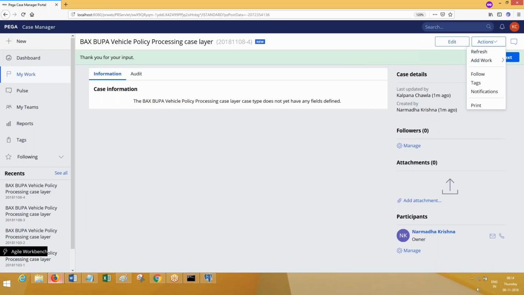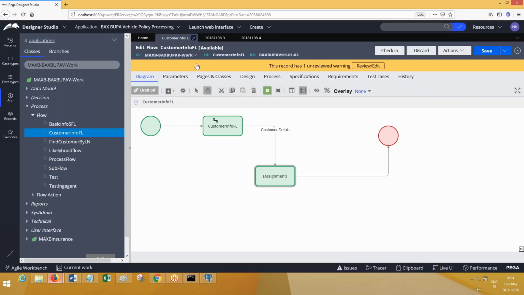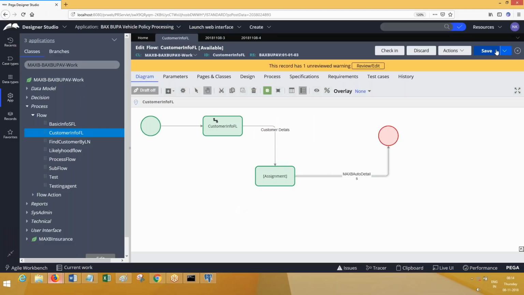What is the next assignment there, Asim, first of all? Do you have any flow action for this? Yeah, MaxB auto details is there. Why is it not available?